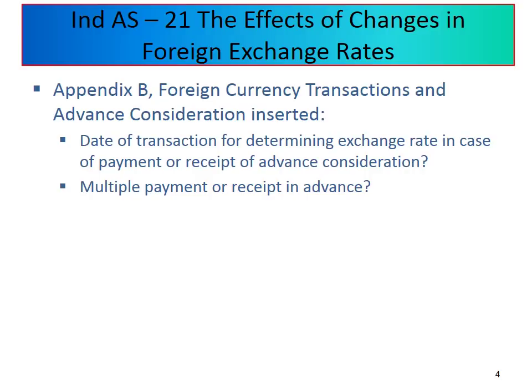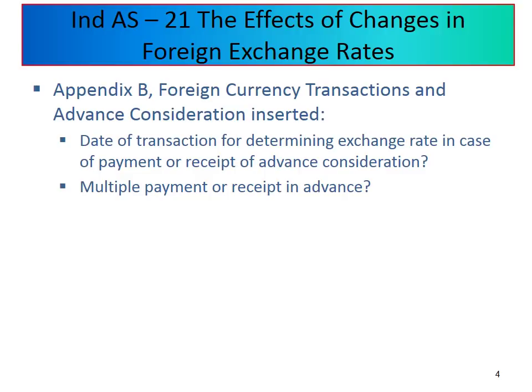Now this $500 which is received in advance is a non-monetary asset as per Ind AS 21. As it is a non-monetary asset, it is not to be remeasured or translated at a closing rate, and it will stand at the exchange rate of the date of receipt of the amount. Now on 15th April, when the goods are dispatched and sale is recognized, the exchange rate is different. So the question was how to recognize the sale: whether at the transaction date exchange rate of 15th April or any other.